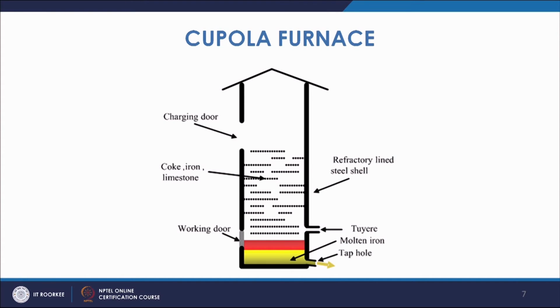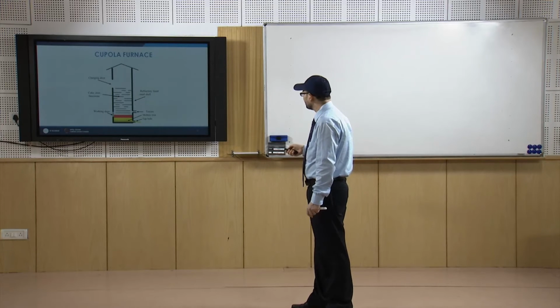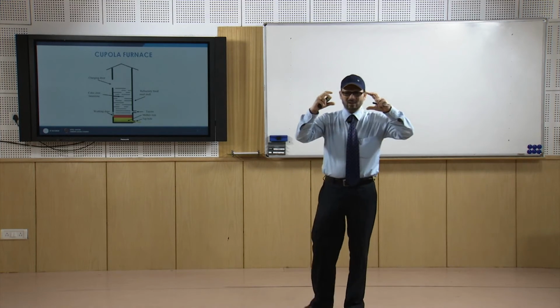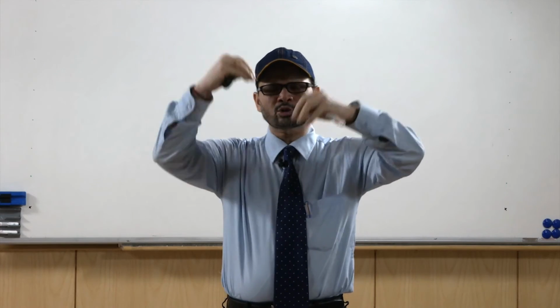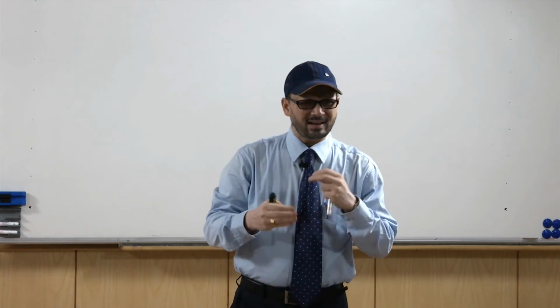Once the product of combustion moves upward, a large amount of heat is generated inside this cell. Now, that heat melts this iron, coke and limestone. So, the iron is melted and it will trickle through this coke bed which is there in the lower zone, and then this iron which is trickling through the coke bed will take up an adequate amount of